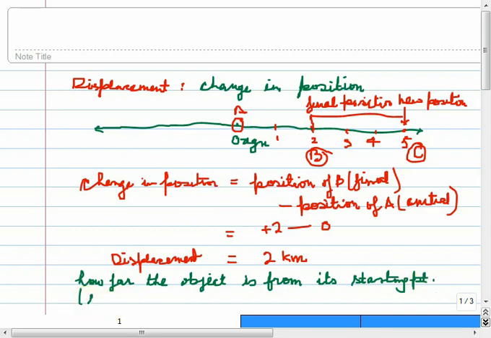And it is the shortest distance. In the above example, the car has moved from A, then to C. First it has gone to point B, then it has gone to point C, then again returned to point B. So what is the distance covered? Total distance covered